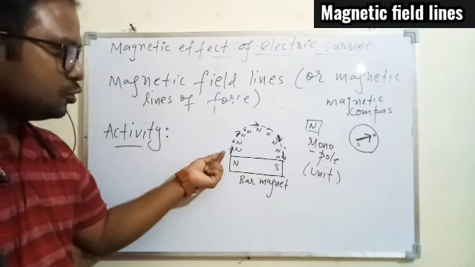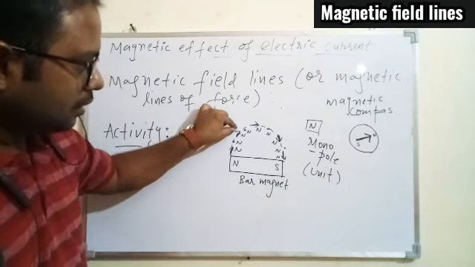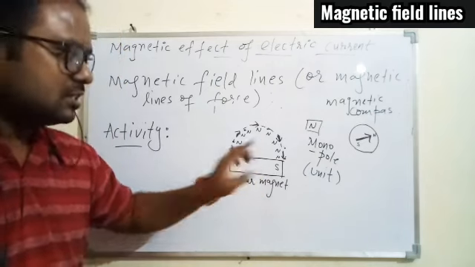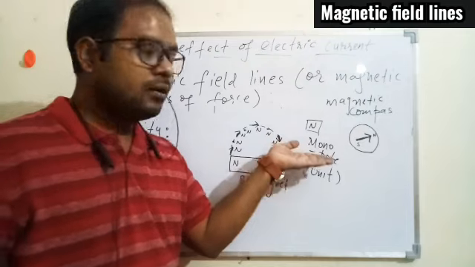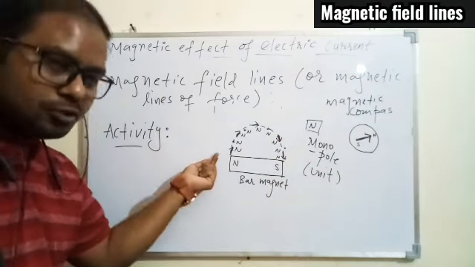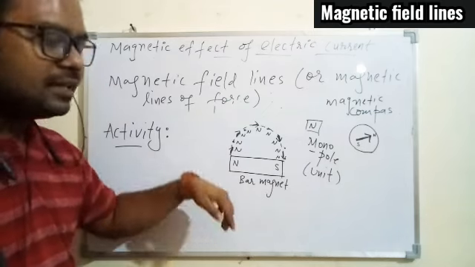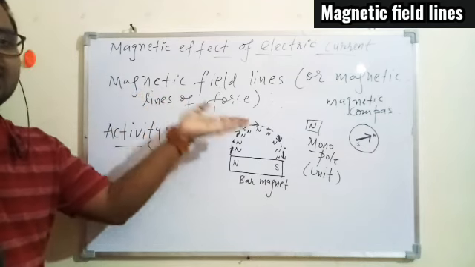Yes or no? So you understood the north pole. If you just imagine a north pole was here, then here, then here, and it was starting from north and coming back to the south. And based on this the definition is given: if we have a monopole, that is a north pole, then that monopole will move from north to south pole of a magnet, and the path it will follow is called a magnetic field line.